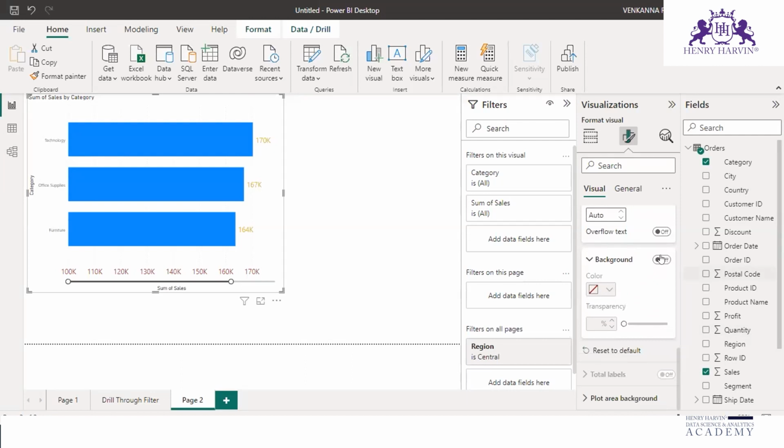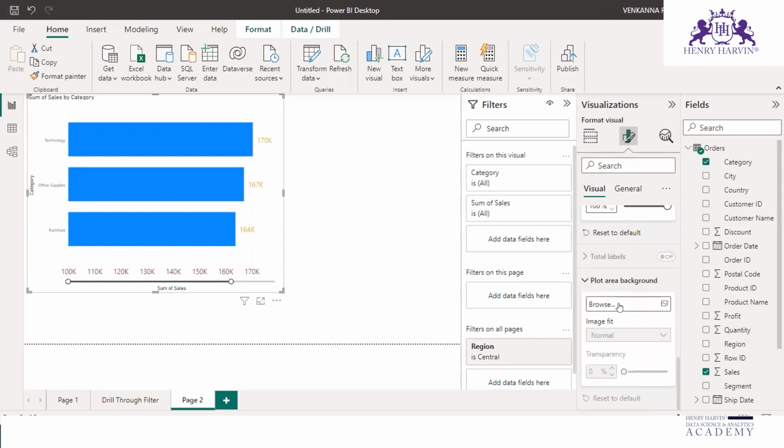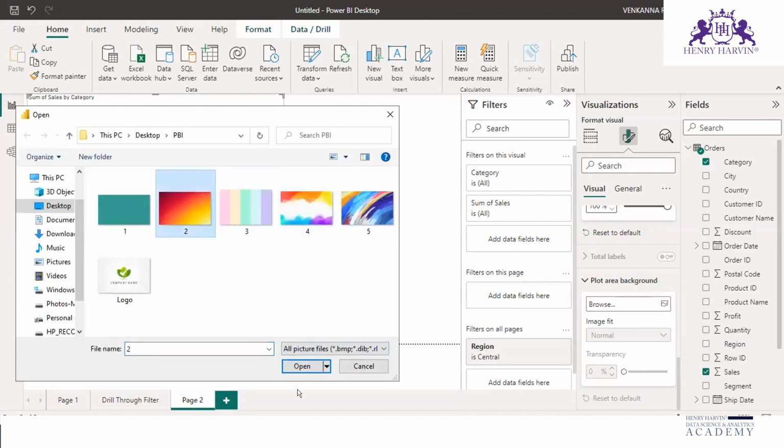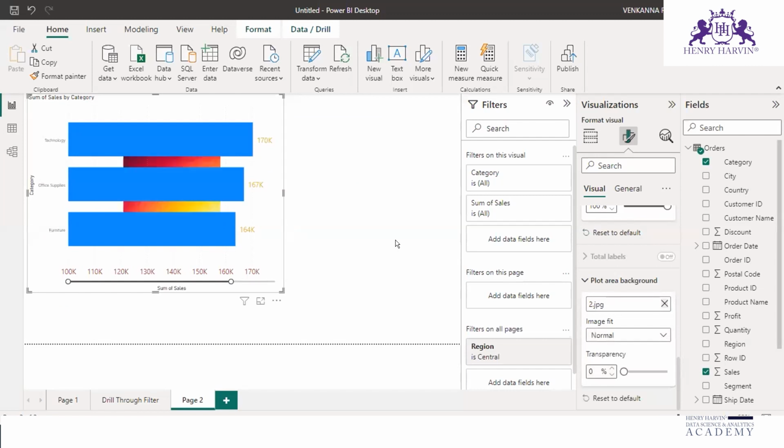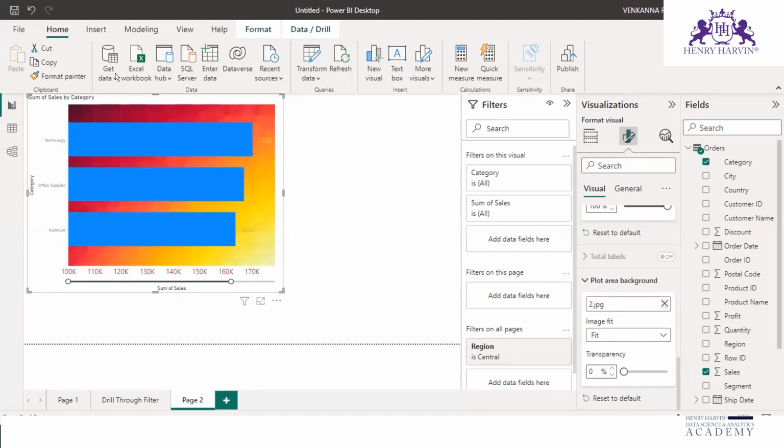Background, any background, you can turn on the background. So here we can put some background, say a pink background. Okay, so we can do this plot area background also we can change. You can browse any filters, say color. Let us just open this. So here the background color got changed. So image fit, let us use fit. So it will fit. Okay, this is going to be another frequently used customization you will be using. Okay,